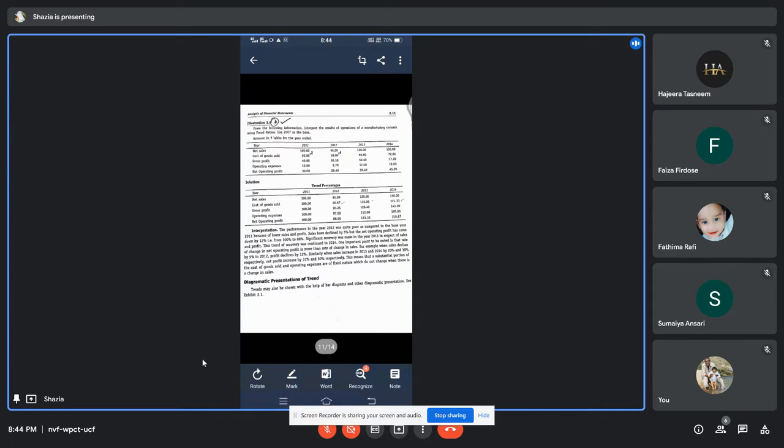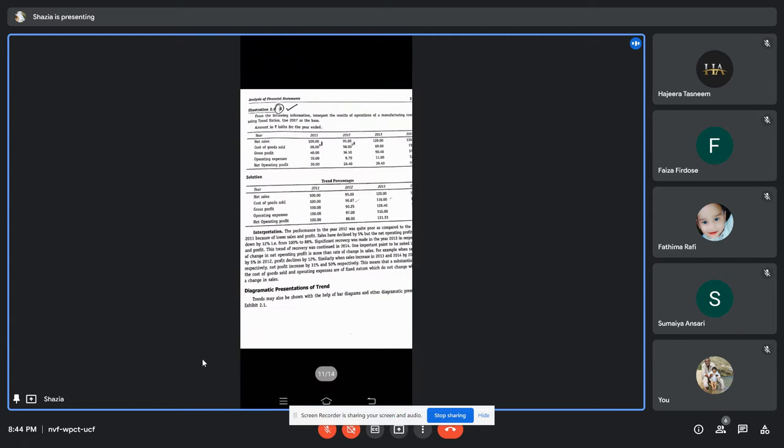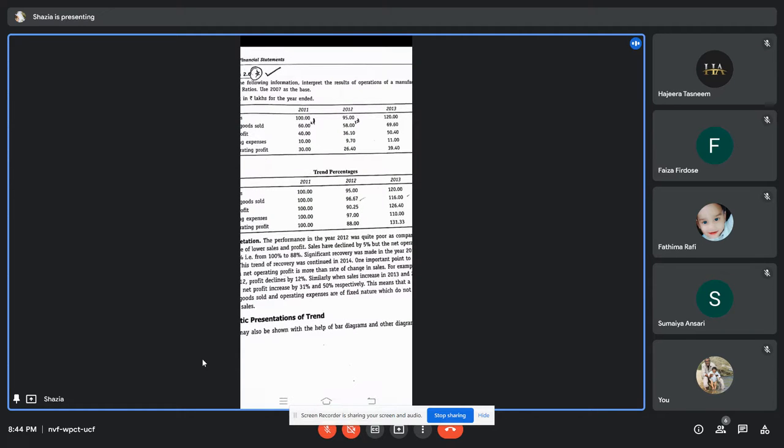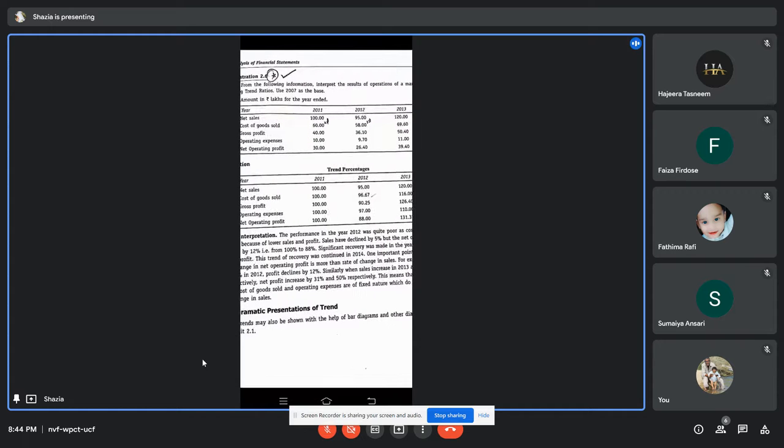See, actually here they have given 2007. This is a textbook error. Usually they have given you 2011, 12, 13 and 14. So that means it is a printing error, using 2011 as the base year. So we are going to take 2011 as the base year. We are going to consider 2011 as a base year. Kindly correct that. There is a question where they have mentioned 2007. Make it 2011.